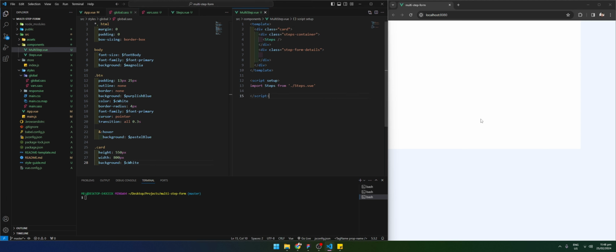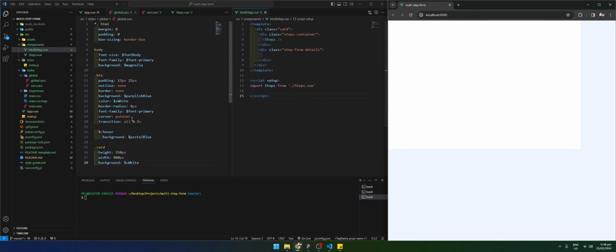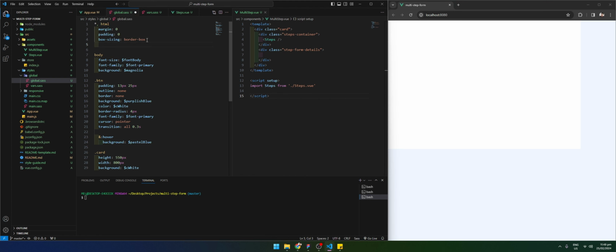Let's do an inspect. So here's our card, and we have a parent called an ID app. From this, we can just target this ID and style this. So probably we're gonna place that here, ID app,